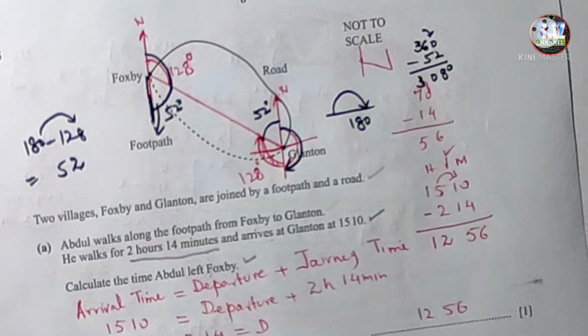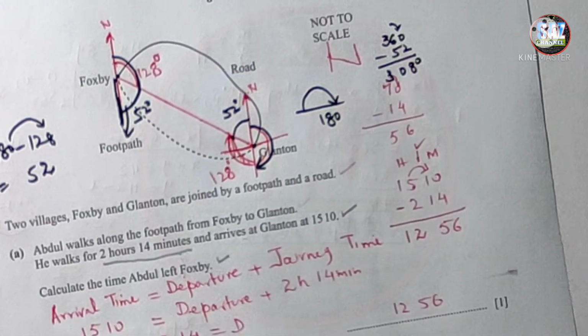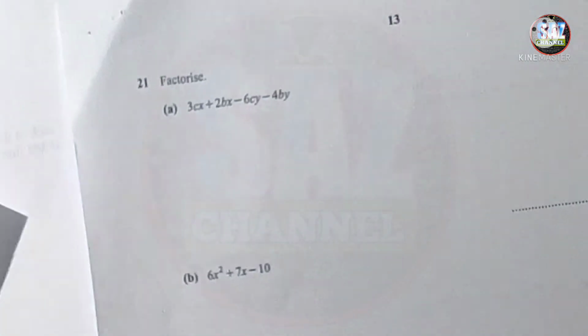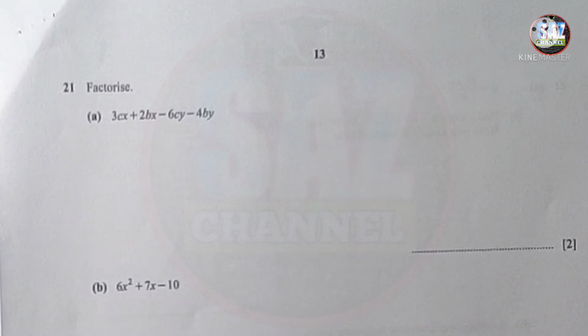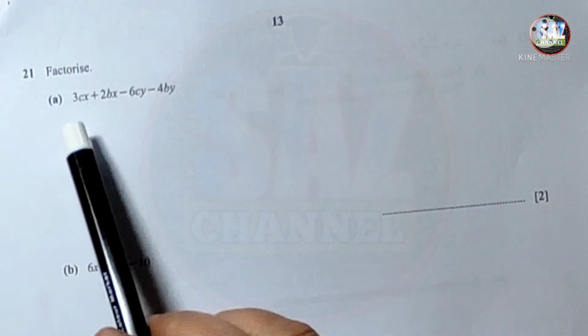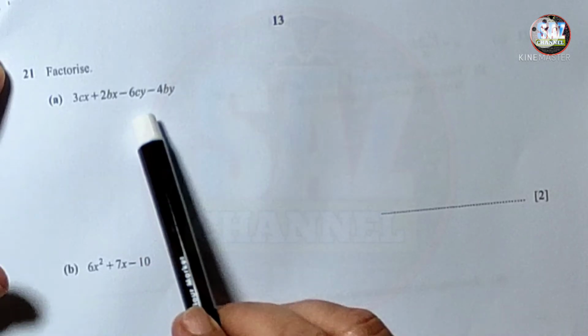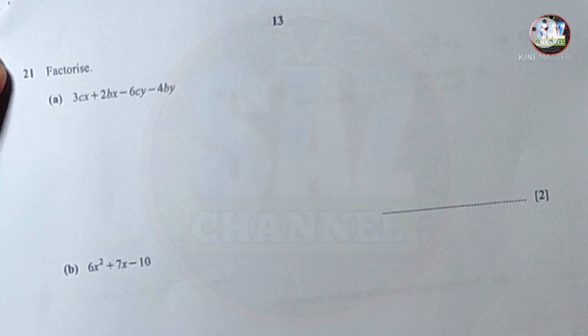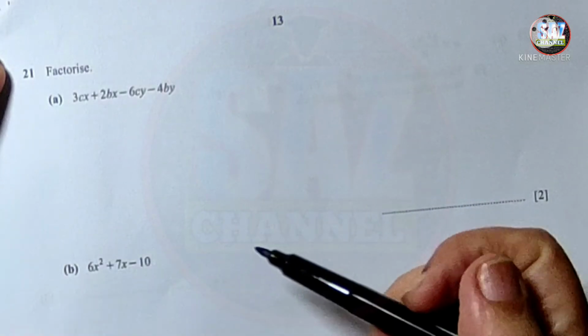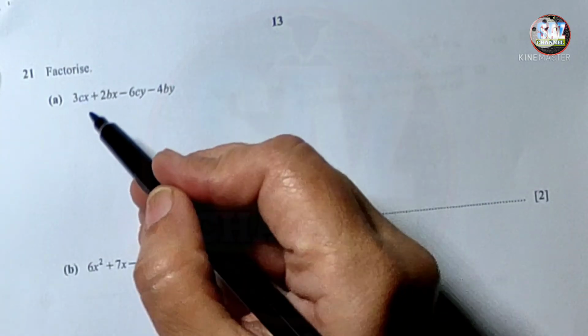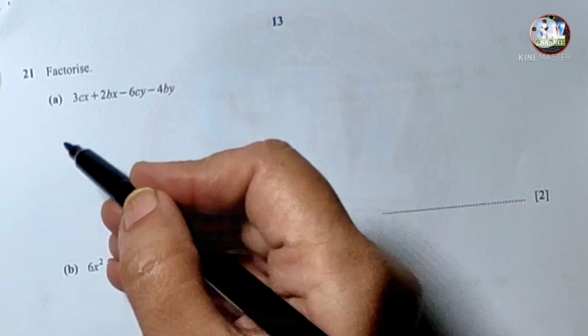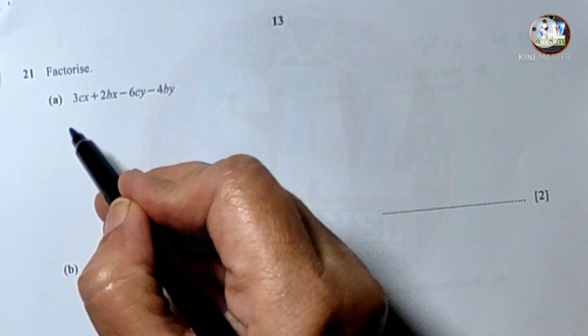Let's move to the next question, and the next question is question number 21. Again, your paper will have some easy questions and some difficult questions. The question says: factorize 3cx + 2bx - 6cy - 4by. Very easy question. Recall that the question has 4 terms, and first of all,